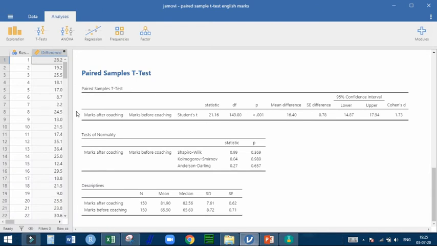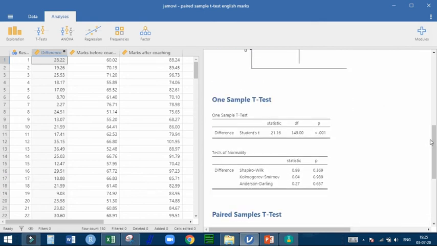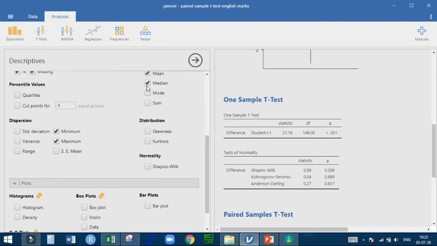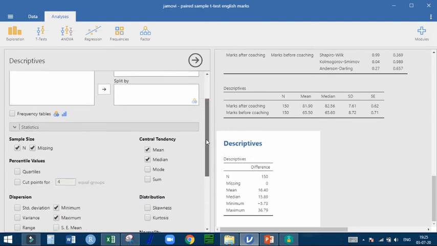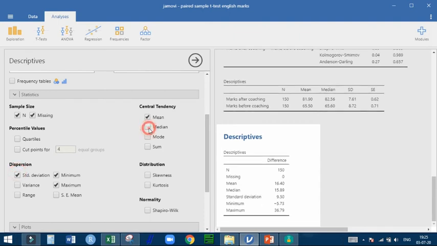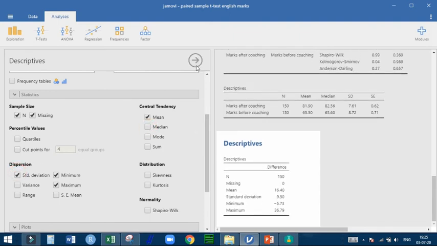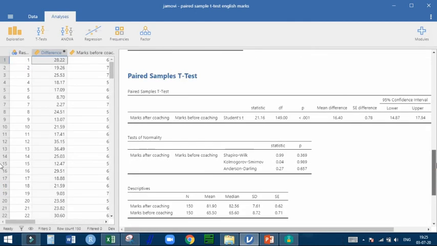I can show you how to calculate the mean of differences. In Jamovi, we can calculate it, or in Excel. Jamovi has calculated it for us. We can check from here, or we can try again. In Analysis, Exploration, Descriptive, shift the difference variable into the variables box and calculate mean and standard deviation. We do not need median. In this way, we will check our output in the output region.